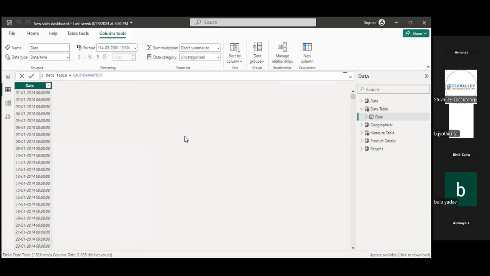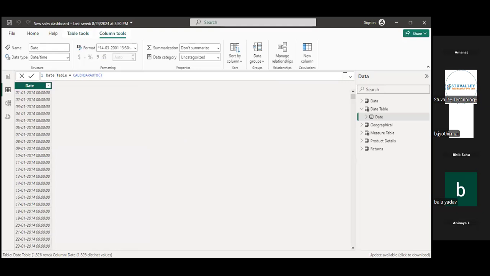So how, now everyone knows, how we are able to create a date table in our Power BI with the help of DAX functions. Does anyone have any doubt about the CALENDAR function and the CALENDARAUTO function?